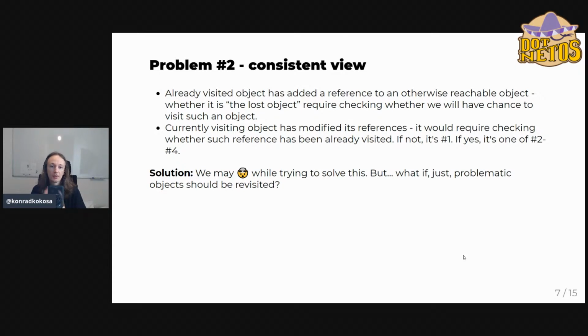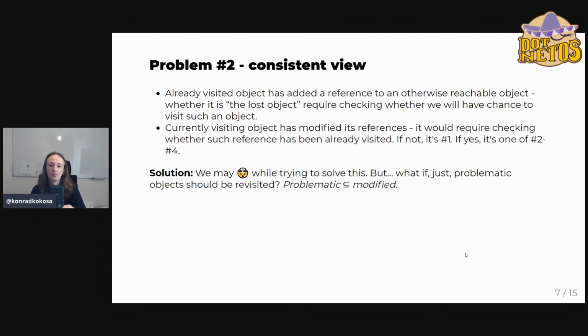we may end up with a solution: if an object has been changed because some references have been changed, we simply need to revisit it, right? It is the solution that is just coming to our minds. It is the simplest solution. If we have noticed that someone has changed something in an object that has already been visited, we just need to revisit it. Sounds simple. And so this is kind of a sub-optimal solution, we could say, because